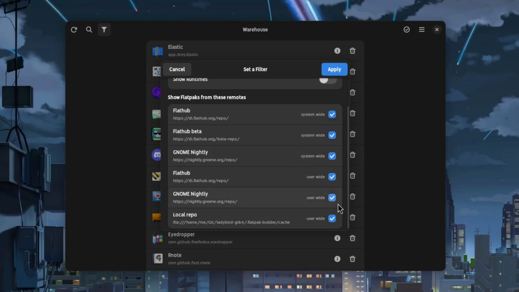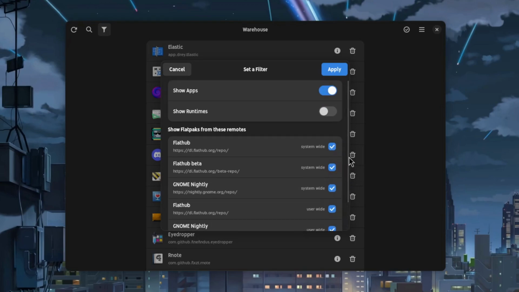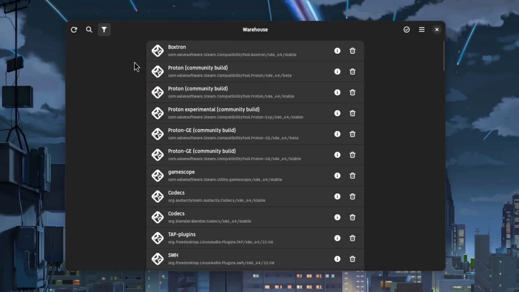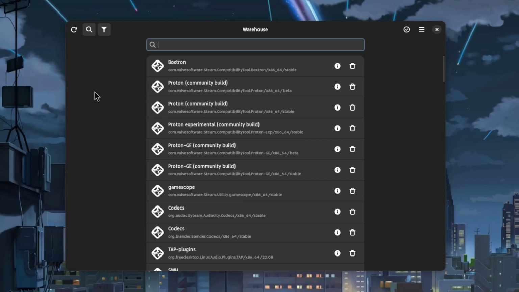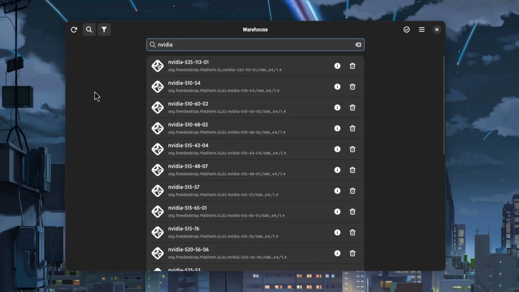First off, we can filter apps by a remote or even multiple remotes. Even better, we can switch between apps and runtimes, and apply. Okay, that apply lags now, and those UI freezes mostly happen to Python apps. Am I wrong? Anyway, the thing is that we can now search for the NVIDIA runtimes, and you see all those? If you're wondering what the hell is happening, it's a 3 to 4 years bug that Flatpak can't